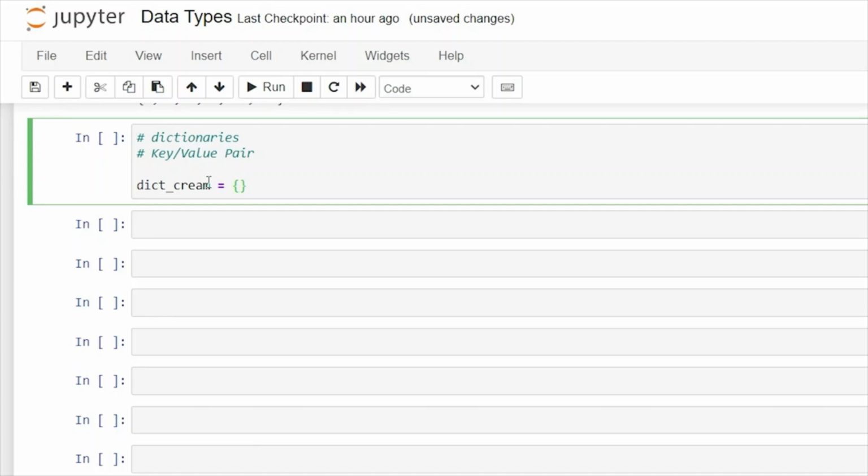So let's write name, and this is our key. And then we do a colon, and this is then where we input our value. So we're going to say Alex Freeberg. And then we separate that key value pair by a comma, and now we can do another key value pair. So we'll say weekly intake and a colon, and we'll say 5 pints of ice cream, do a comma, and